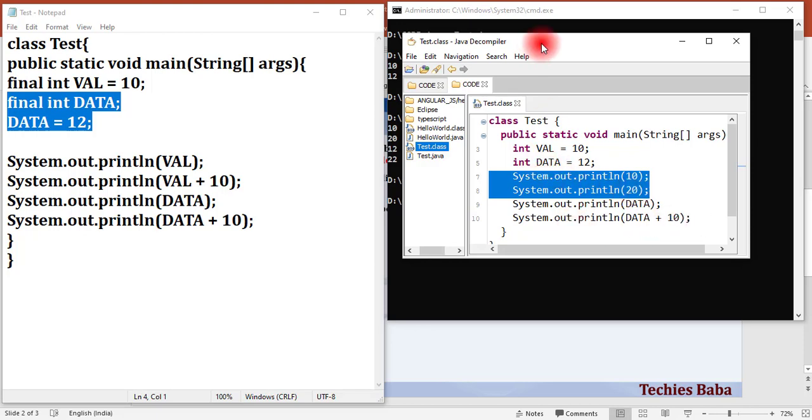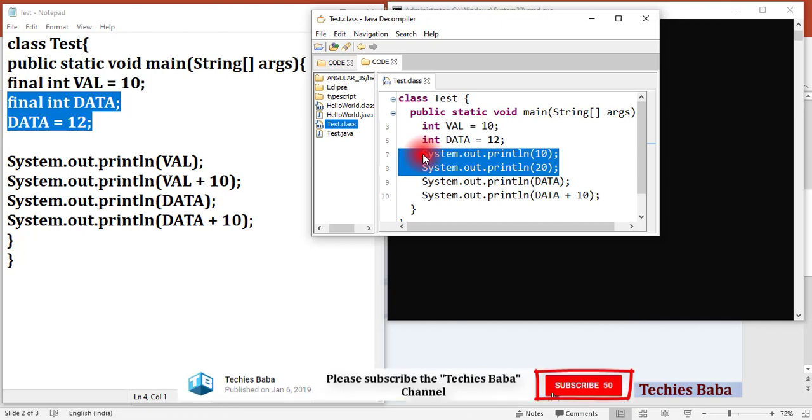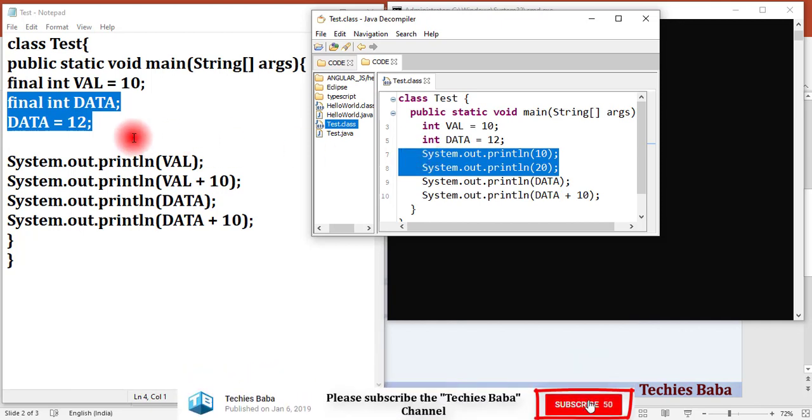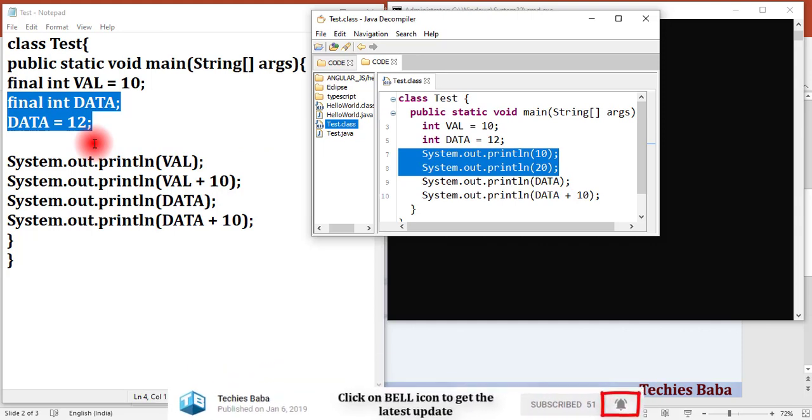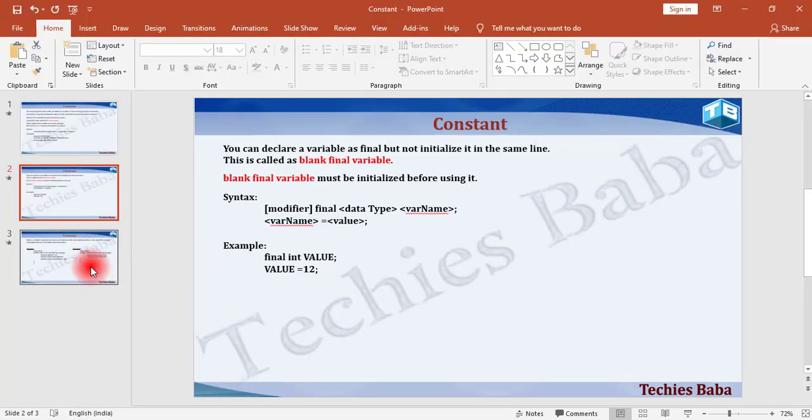So always remember that if you are using a constant initialized in the same statement, it will be replaced by the actual value wherever it is used. If it is a blank final variable, it will not be replaced by the actual value. It will be treated like a normal variable. The only restriction is that inside your source code, you cannot modify the data. This is the concept of variable and constant. Now let's verify the third, what we discussed.